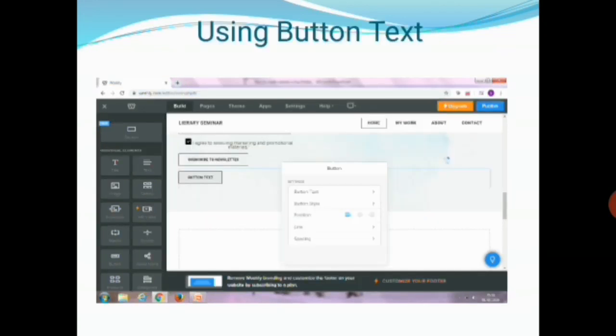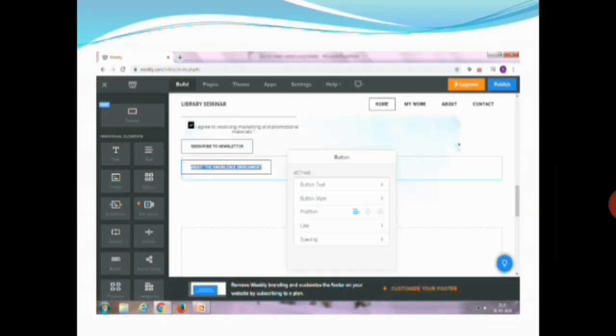And the next one is using button text. This button text is helpful to link with your URL or your website ID, to access particular data, and automatically it shares to the Google page. So you click the button text and I just create this seminar ID, about the knowledge enrichment.